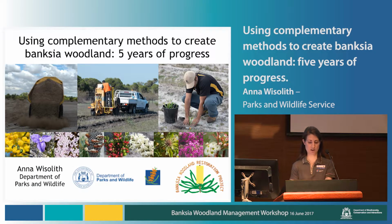Okay, so today I'll be talking about using complementary methods to create Banksia woodland. That is, a mix of topsoil, direct seeding and planting. It is now 5 years since our team from the Banksia Woodland Restoration Project has been working to restore Banksia